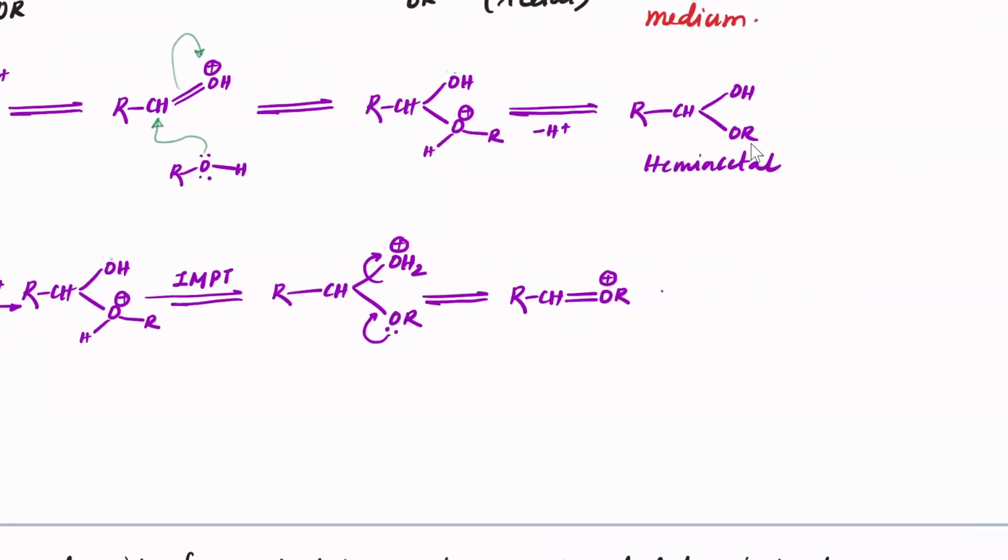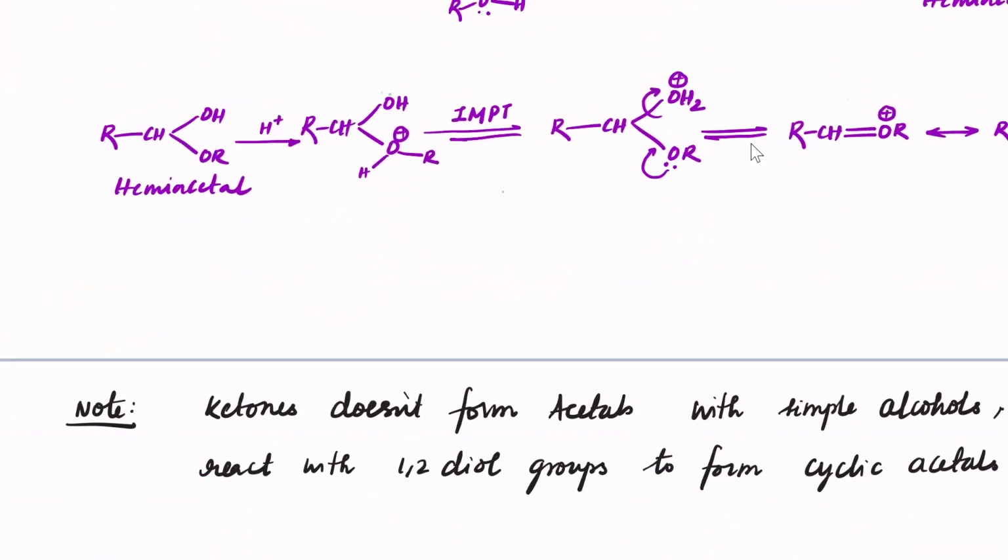By the way, this intermediate has a resonating structure as RCH plus and OR this way. This is the resonating structure. So it is like a carbocation is forming here. Then we have CH double bond OR plus charge here. The second mole of alcohol, ROH, will attack here, and that will convert into